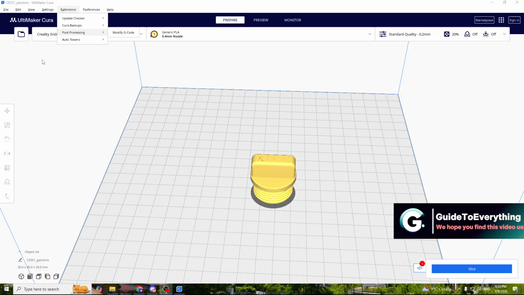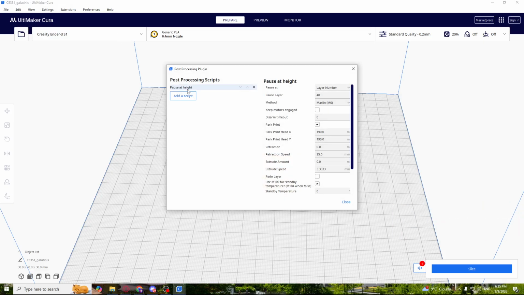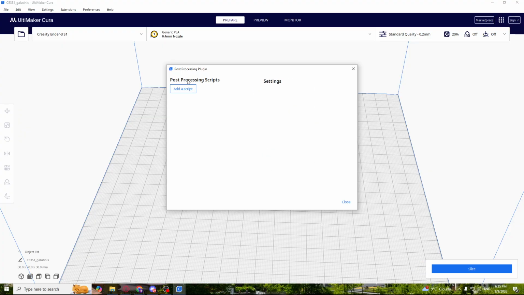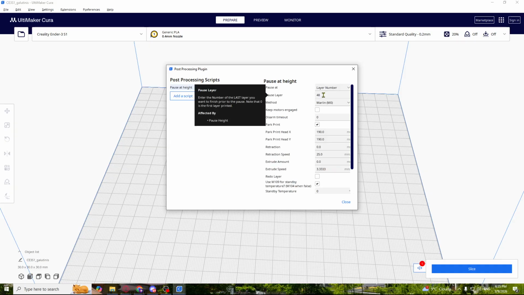So let's get started. Click on Extensions, click Post Processing, and click Modify G-code. Right here you'll see post-processing scripts, so click Add a Script and click Pause at Height. And basically right here you'll be able to select the pause layer, or you can select the height or layer number. So basically for the layer you can select a pause layer,